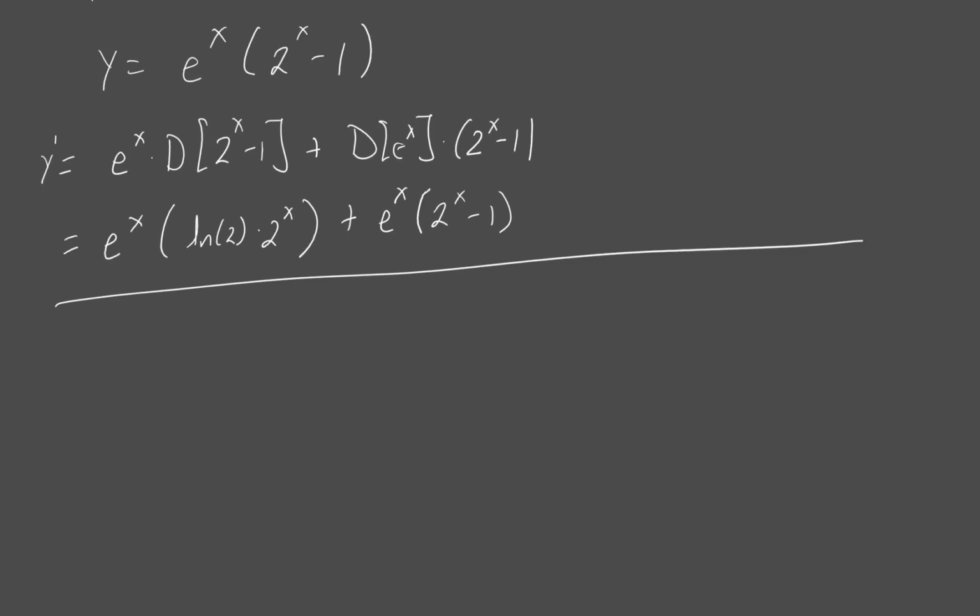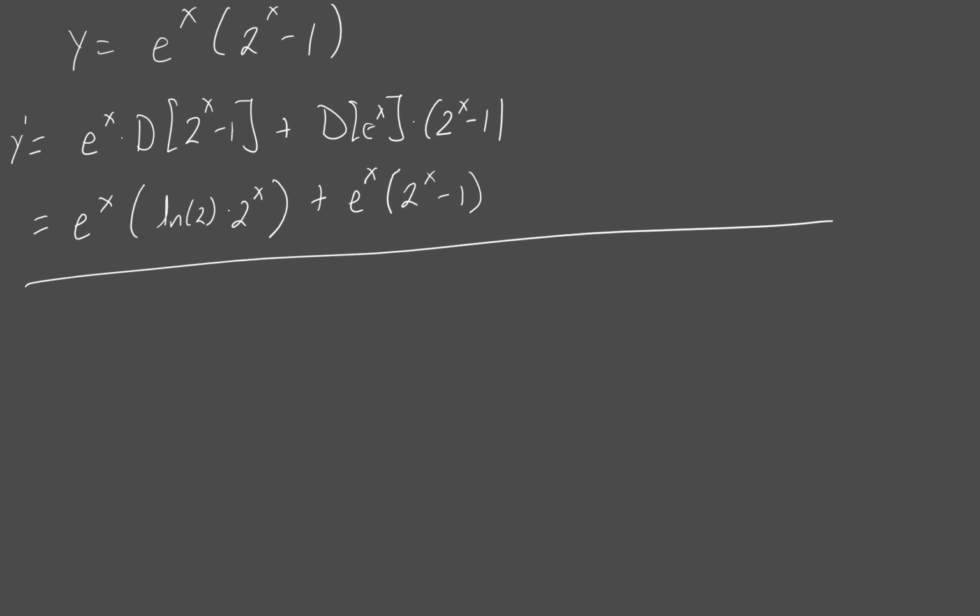The last one I want to do is, let's do a quotient rule example. So let's take, say, f of x is equal to e to the x minus x over e to the x plus x. Okay, so we're going to kind of combine some of these exponential rules and the quotient rule. So f prime is equal to,